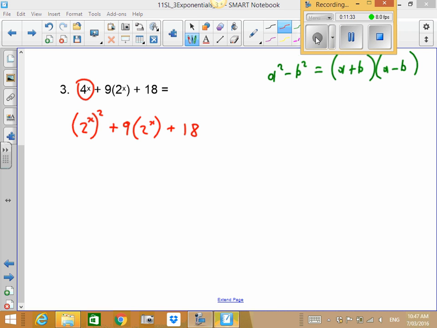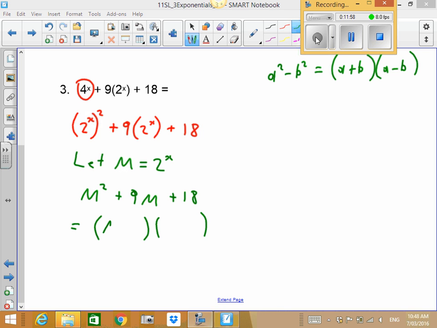At this point, what we could do is let some pronumeral like m equal 2 to the power of x. So then the expression becomes m squared plus 9m plus 18, which we can then factorise